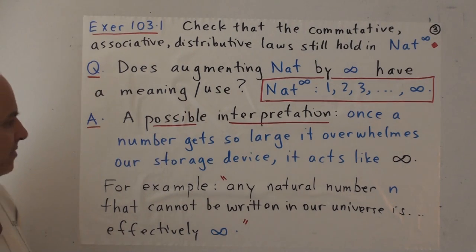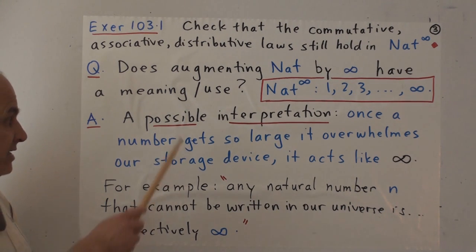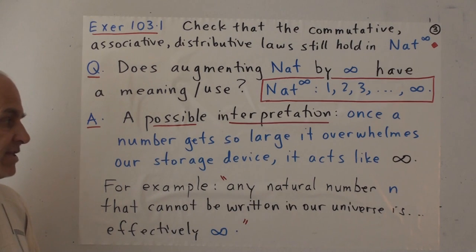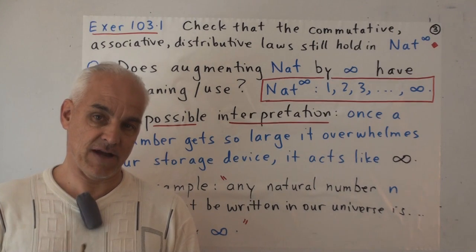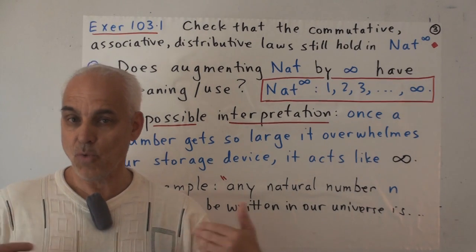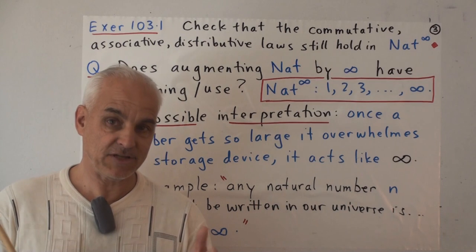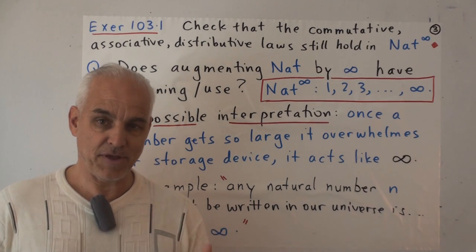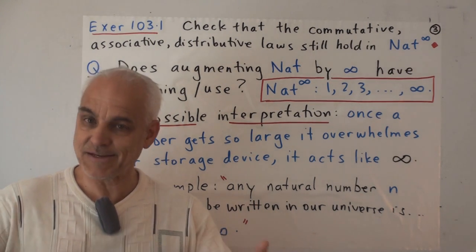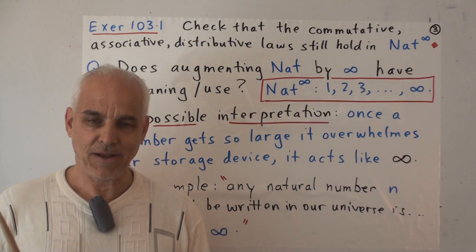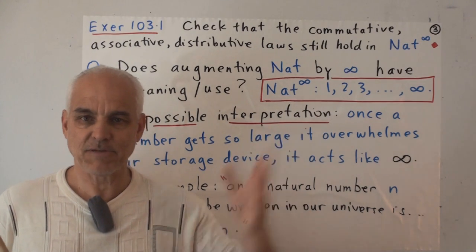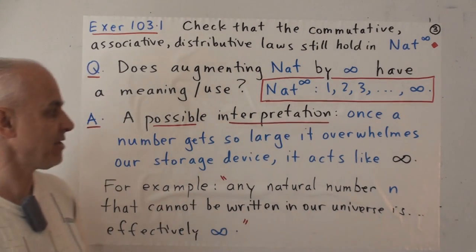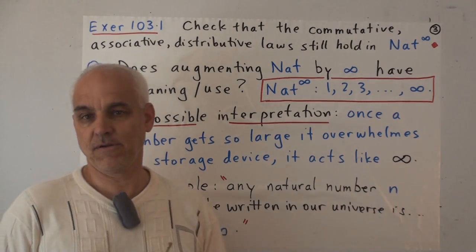All right, so there's a couple of ways of thinking about this kind of infinite object. One is that it might refer to a number that's so big that it overwhelms or exceeds any storage device that we have. If we're working with a system based on some physical computer, and we have to deal with a number that's so big that it doesn't fit on our computer, well, in some sense, we can't then address that number. We have to give it some special status. It's not unreasonable to call it something like infinity.